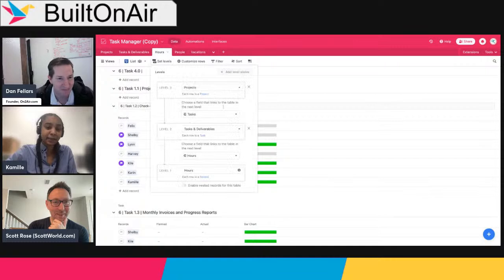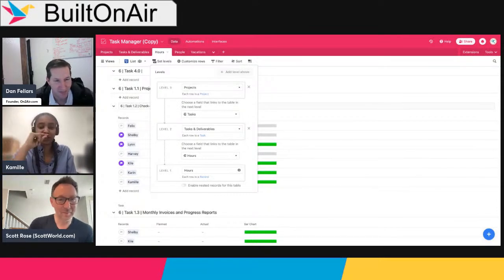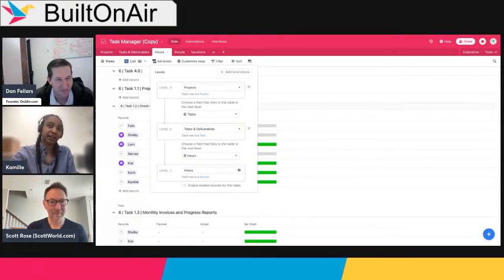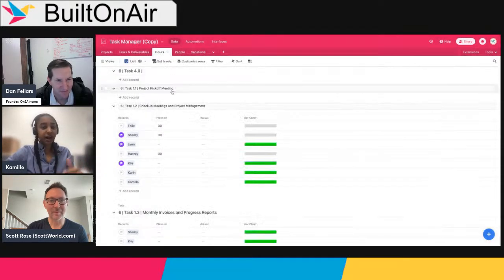Yeah, when I first heard of this view, to me it seems like it should be the other way around, but I understand why it's set up the way this is, where level 1 is the lowest level and level 3 is the highest level. Originally, I was thinking it should be the other way around, because the view the table